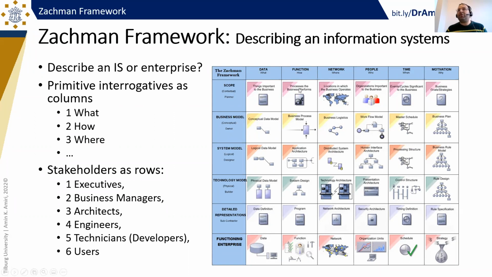Or what kind of functionalities Canvas provides, like register, or, for example, downloading a lecture. What kind of locations that system supports, or that enterprise does business in. The people in that information system or in that organization, the organizational roles, the important times,